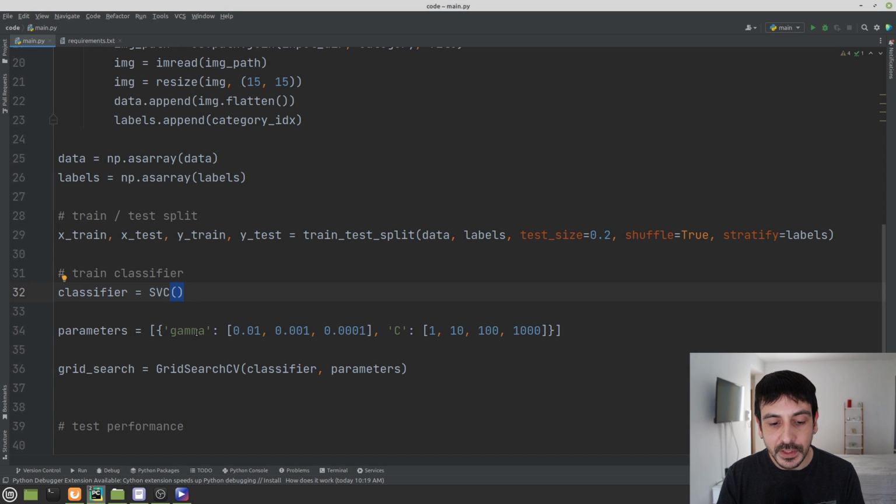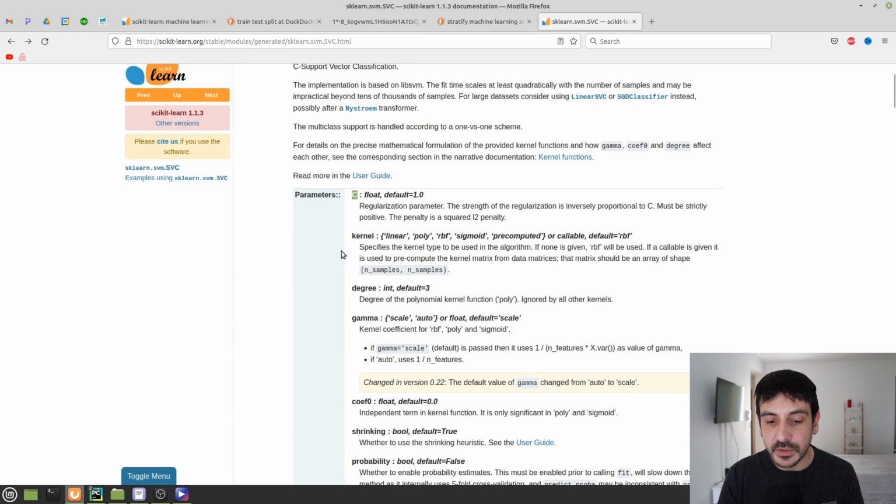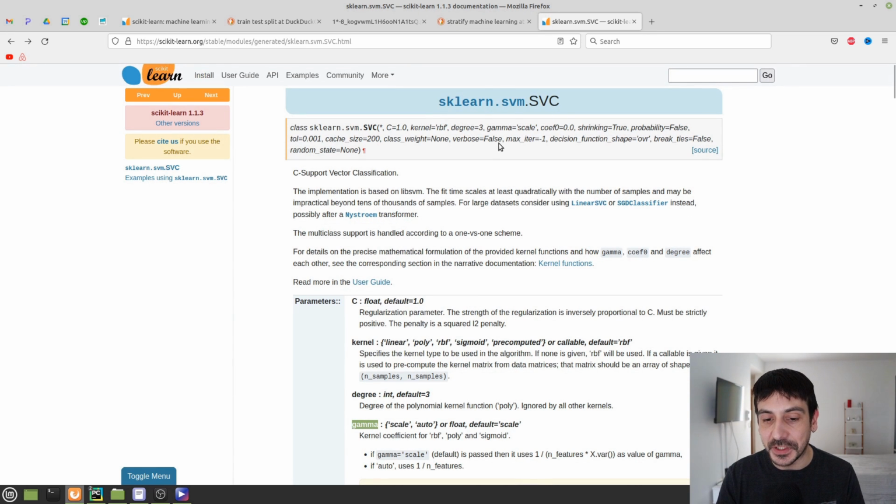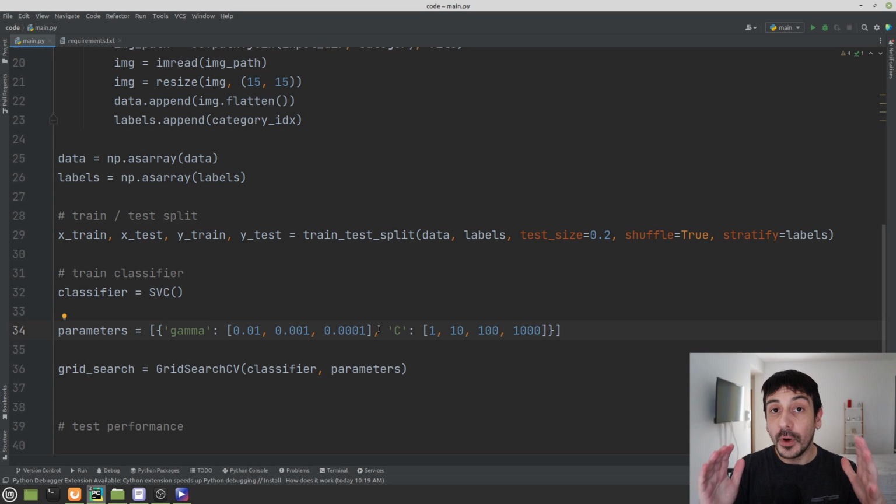And you may notice as well that we are creating this other object, and these two keys we are creating are exactly two parameters from our SVC, from the object we are going to use as our classifier. So what we are going to do is we are not going to train only one image classifier. We are going to train many different image classifiers, and we are going to train an image classifier for each combination we have for C and